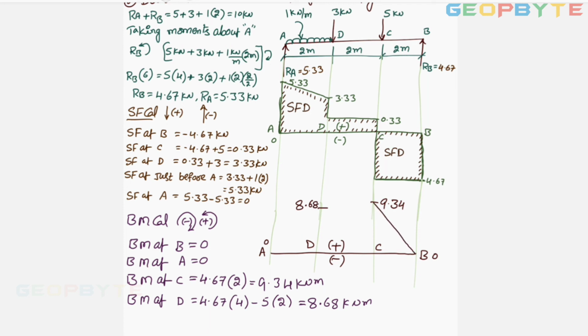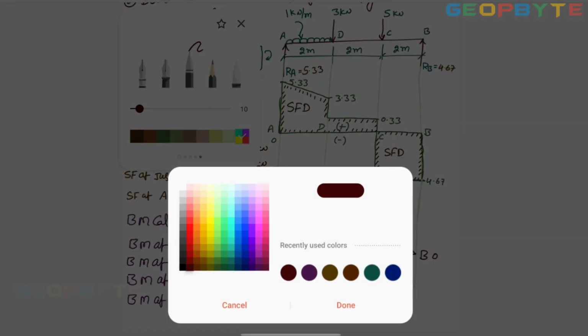This is the effect of point load only. Under UDL only, the bending moment diagram varies parabolically. Under point loads, the bending moment diagram varies linearly. In between C and D also, only point load effect, straight line. But between D and A, UDL effect is there. So that UDL effect is causing the parabolic variation in the bending moment. This is a parabolic variation. That is how the bending moment diagram is changing.